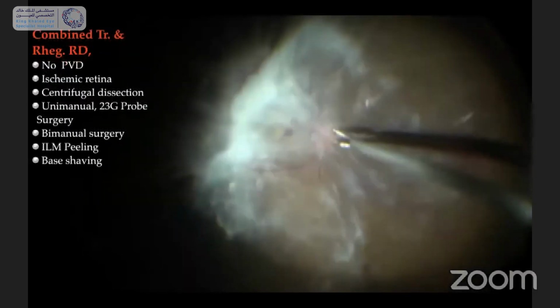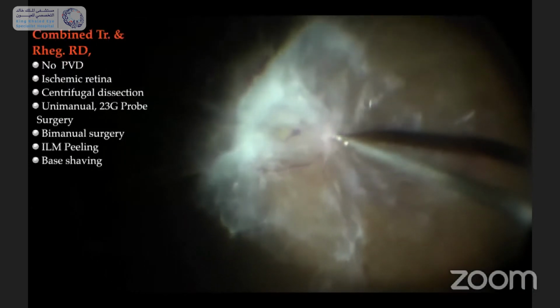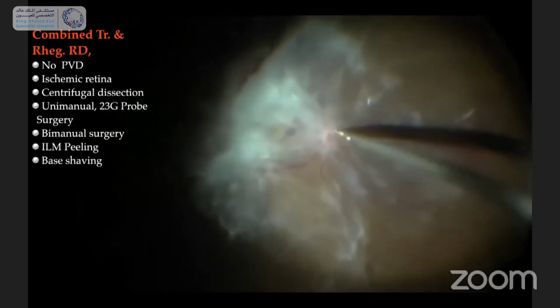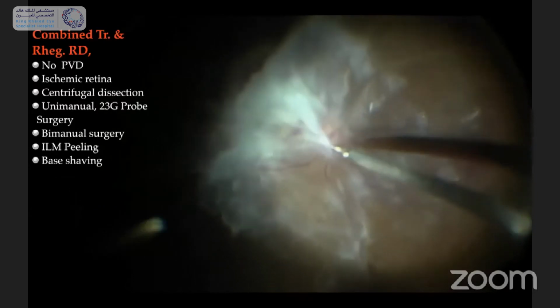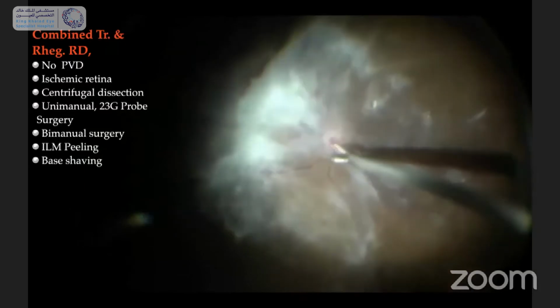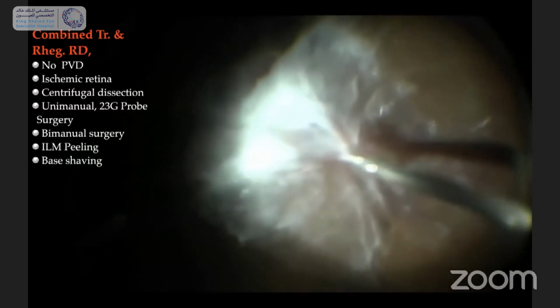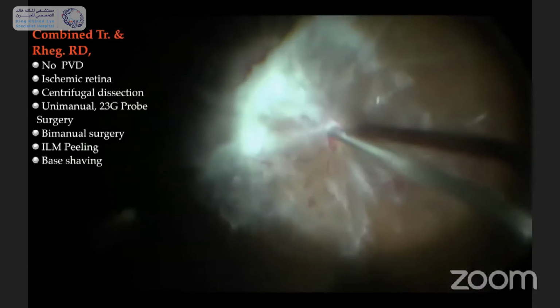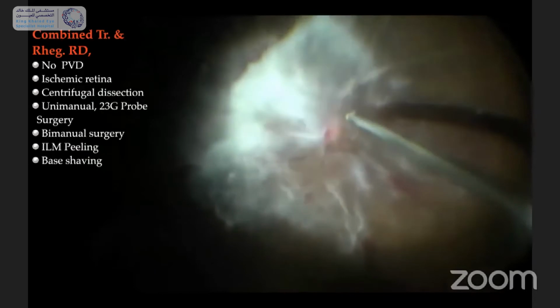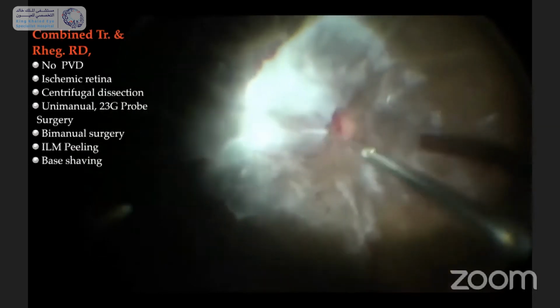I think this is the last case. It's a combined traction rhegmatogenous retinal detachment, and again, I started the dissection from over the optic disc. The tissue over the optic disc is directly grasped with the forceps, and then working from the center to the periphery with the small gauge vitrectomy probe, segmenting the tissue, and of course using it as a cutter and as a spatula, finding the correct plane